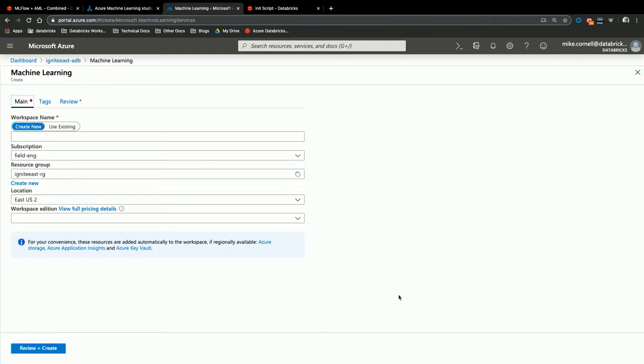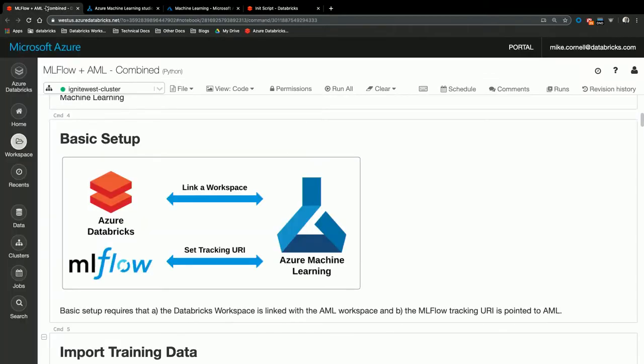You can click this Link Azure ML button, and it's going to bring up a page where you select the Azure ML workspace that you want to link to. When you do that, you have this link between the two services. That link allows for token-based authentication, so when I'm using stuff in Databricks, it just passes over to Azure ML very seamlessly, okay? So that's the first bit of integration that we've done.